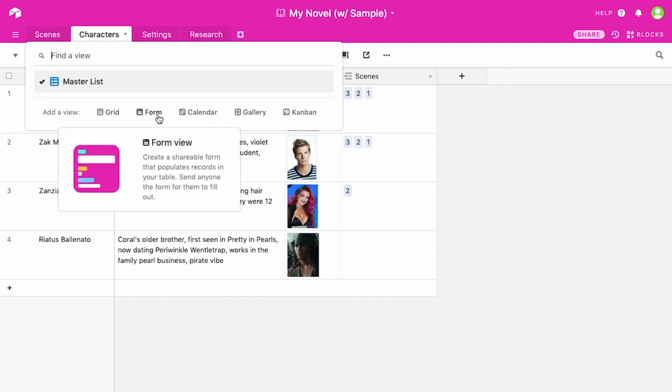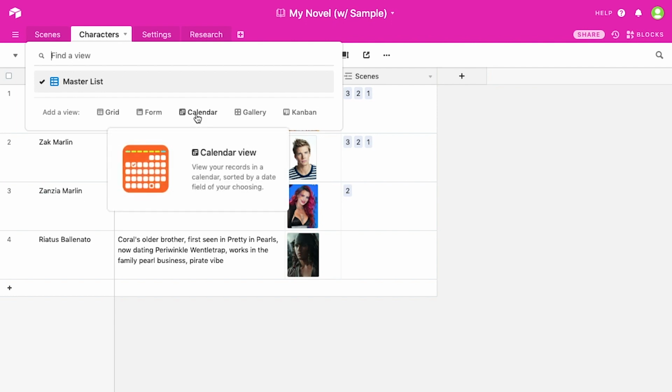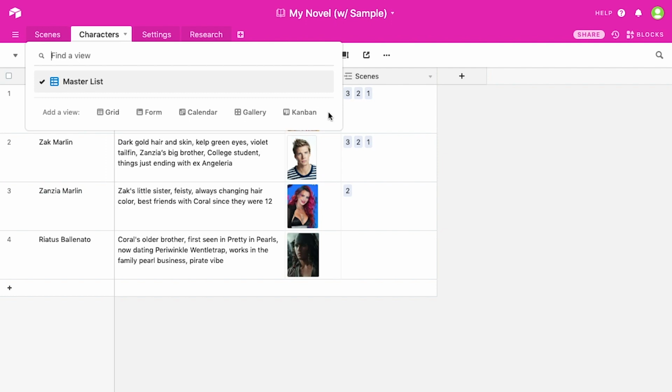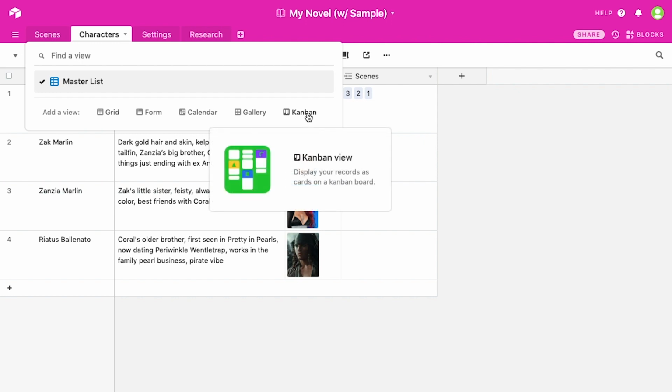Grid, which is like the default. Form, which is really cool if you have a lot of data type stuff you want to enter or want to create an idea capture form. Calendar, which is really useful if you have things that are date based. I use that a lot in my marketing calendar, my marketing base. Kanban, which